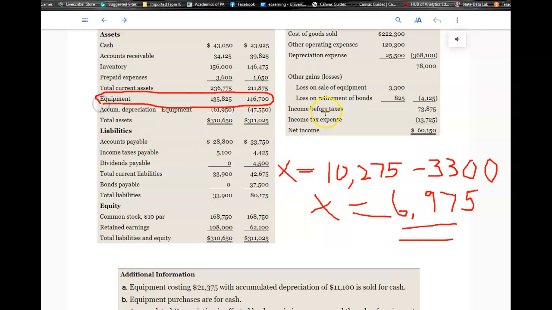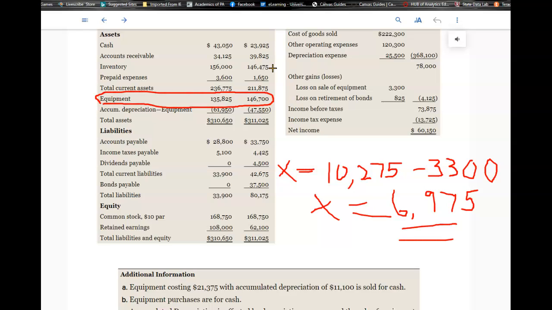We want to take a look at the equipment account right here. And so what are we doing? We're looking at this change. And so we see that from 2018 to 2019, we had a decrease. And that decrease in the equipment account balance is $10,875. So then what do we do here? Well, we had the cost of the equipment sold, which was $21,375, minus the decrease in the equipment account balance of $10,875, means that we had new equipment that was purchased